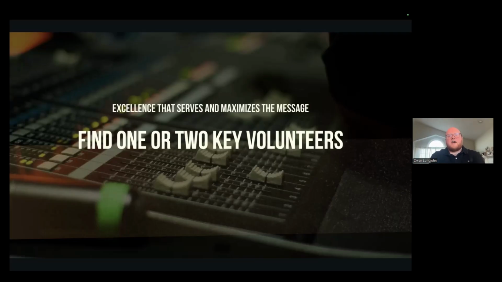An example of that. So at my church, right now I'm in a little bit of a weird space because we're in between worship pastors, and so I'm actually helping lead worship while also doing some stuff on the tech side. But I have great conversations with both my tech volunteers and also some of our other worship leaders, and I love talking with them about creative ways that we can maximize the message when we bring our volunteers and our worship leaders together.